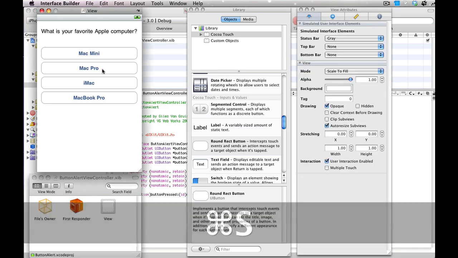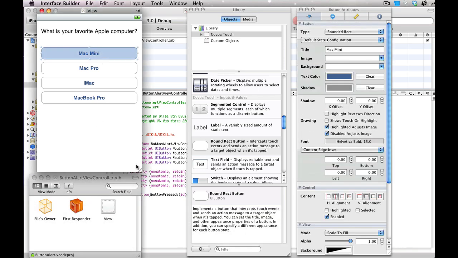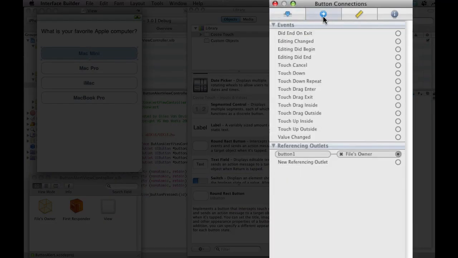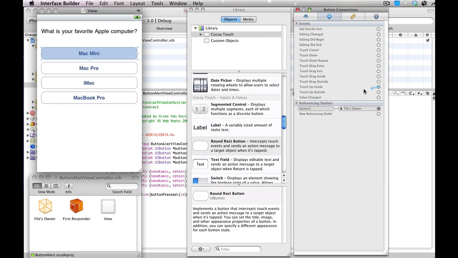So those are all our buttons, and now we need to connect the action, since that's what we defined down there. So we're going to click on our first button, and unfortunately you can't set these in bulk, so you can't select them all and set one action for them. You have to do them individually. So we're going to hit Mac Mini, and we're going to go to our button attributes, and go to our button connections over here, and we've already seen our referencing outlets, and this is referencing File's Owner, and it's being called button 1. Now we're going to go under Events, and we're going to hit Touch Up Inside,